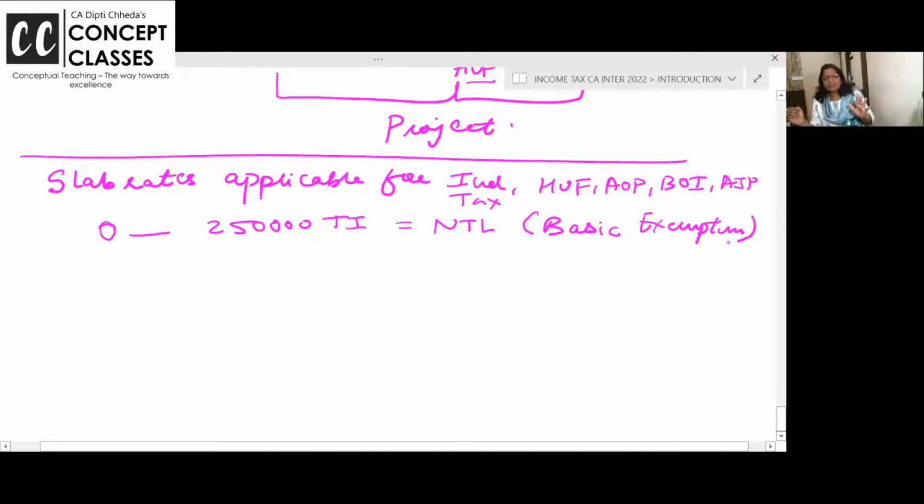Basic exemption. Ma'am, some basic income should be exempt, no? A small person who is earning 2,50,000, means 20,000 per month, what he will earn, what he will take home, and what he will pay tax. Chalo, chhod do, no need to pay tax. So 0 to 2,50,000 is the basic exemption and tax is nil. For the same person,